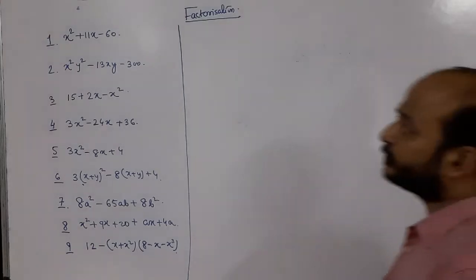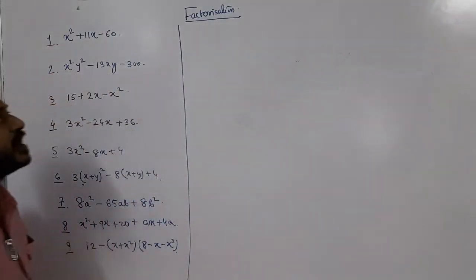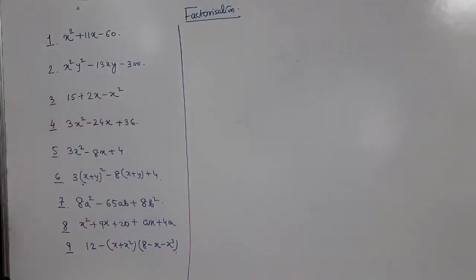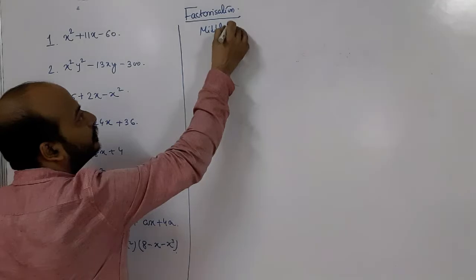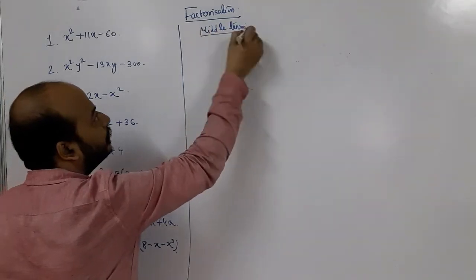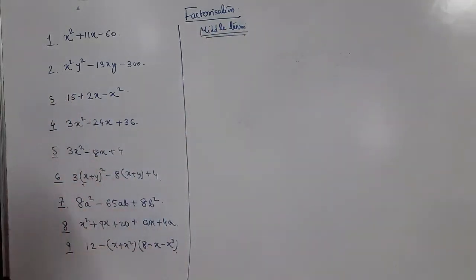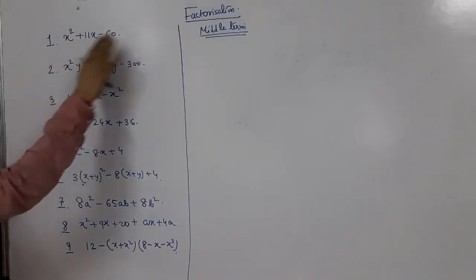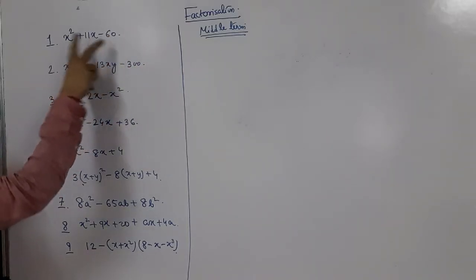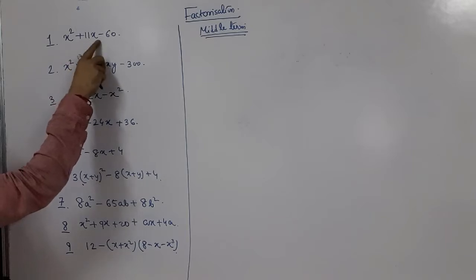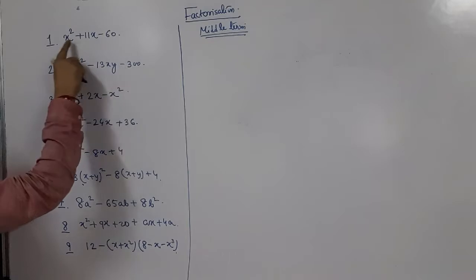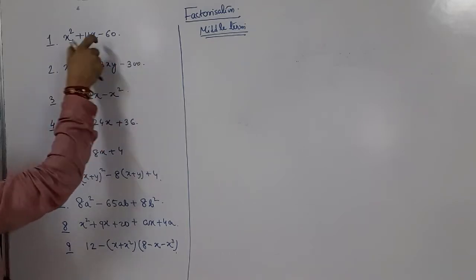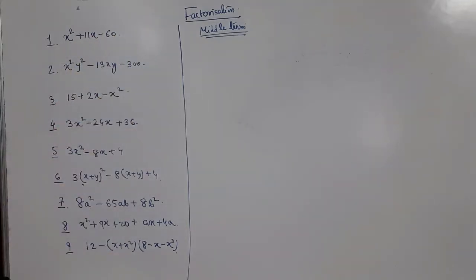Okay, students, we are continuing after part 3 of factorization. So this is part 4, and today we will do middle term factorization. Now, this is known as middle term because in this factorization we generally have 3 terms, and out of those 3 terms, the middle term is generally split, so that instead of 3 terms we have 4, and then we can take common and factorize it.